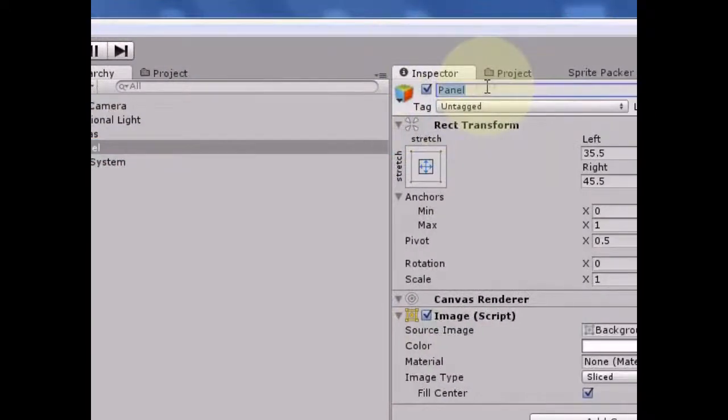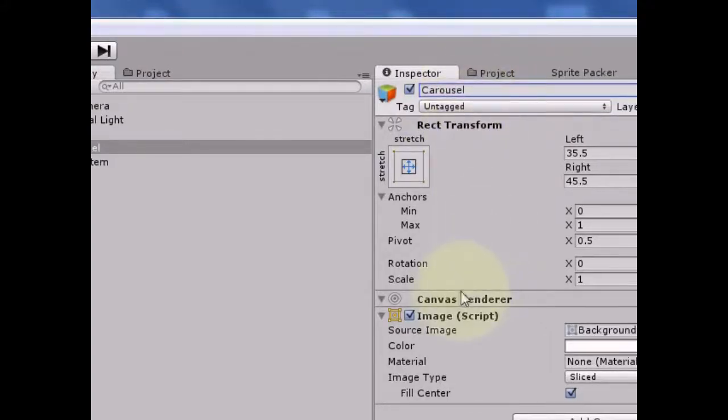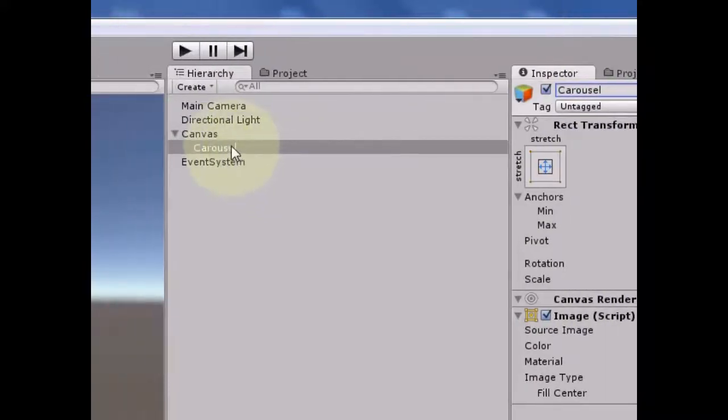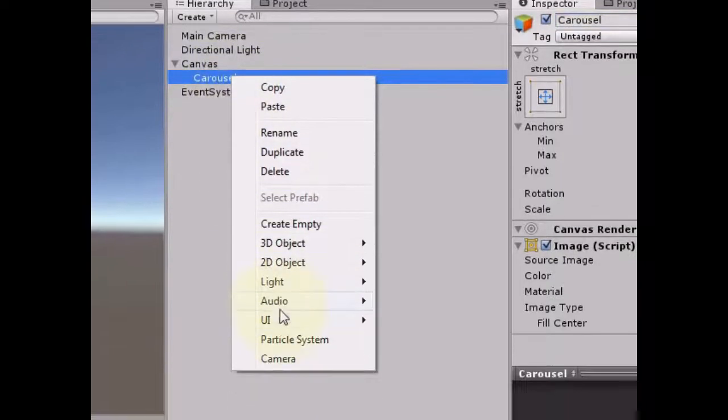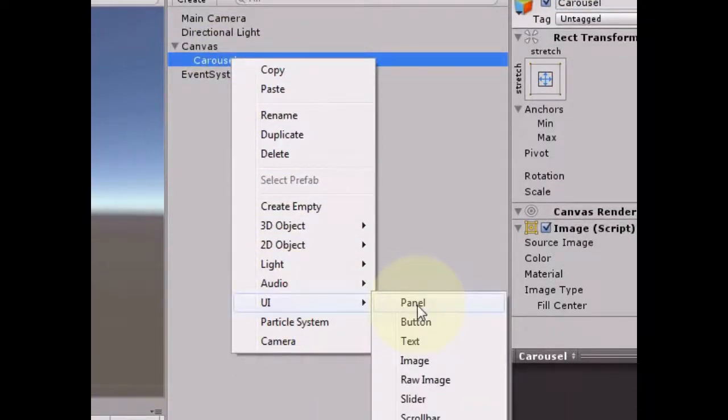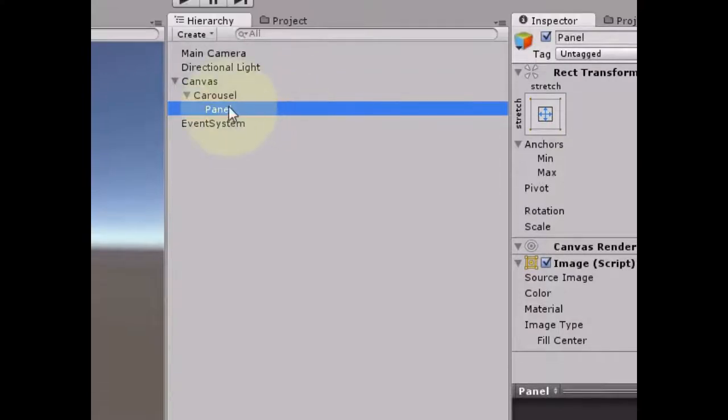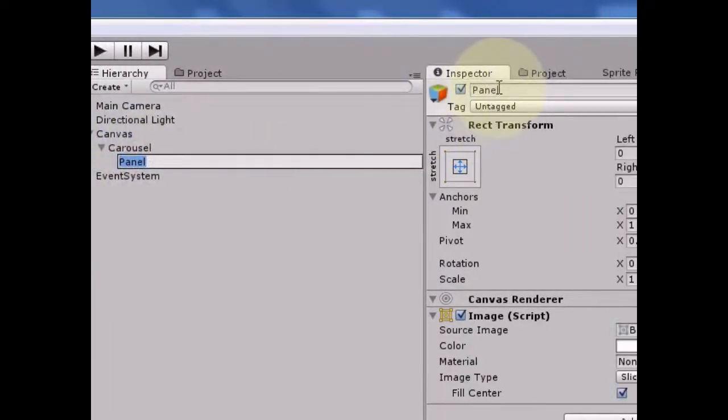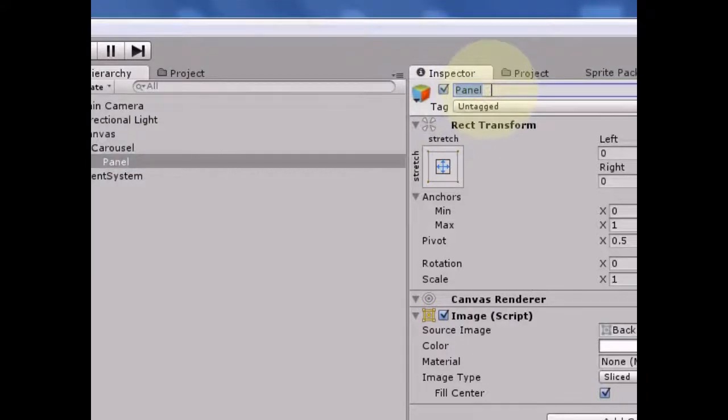We'll call it carousel. And we're going to add a panel for the contents. Whatever is inside the contents will get scrolled with it,